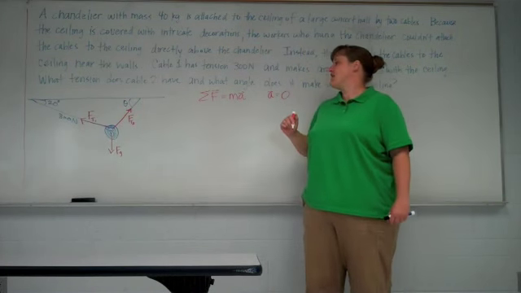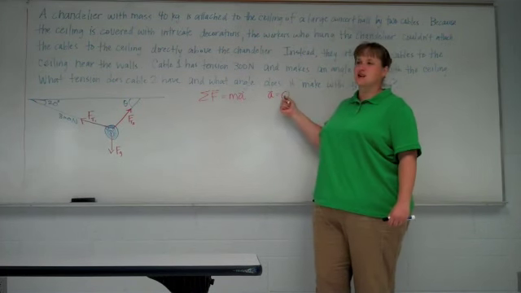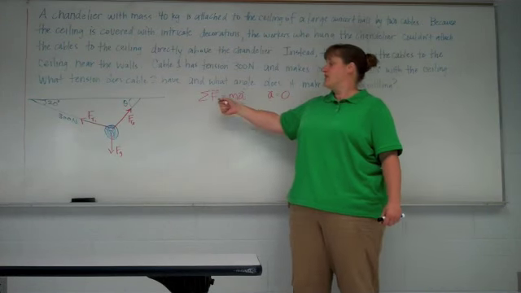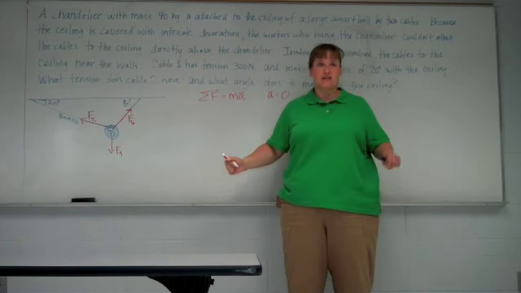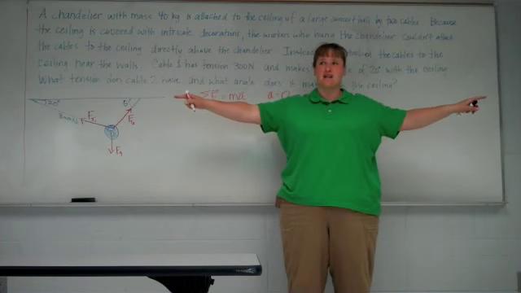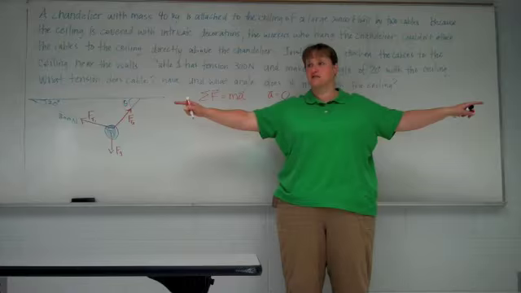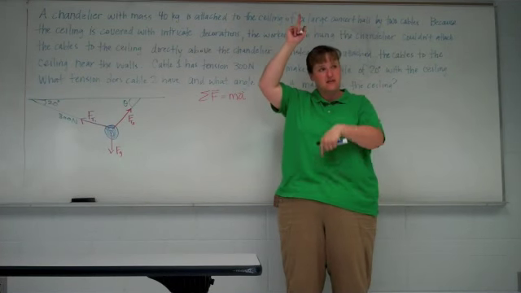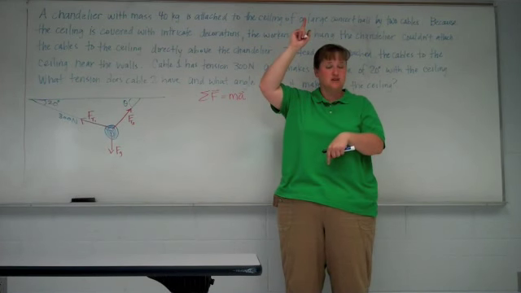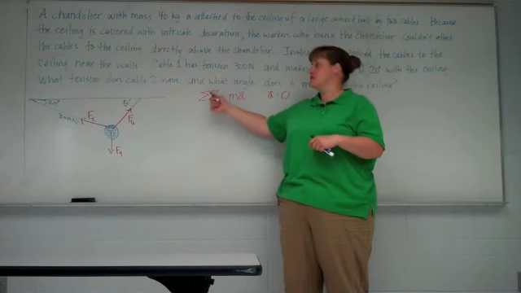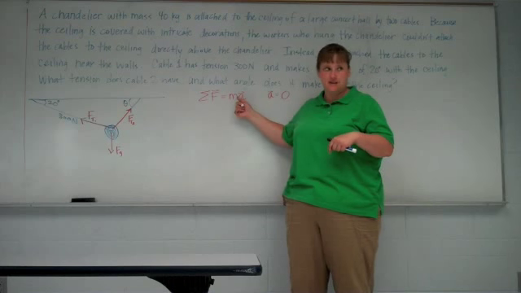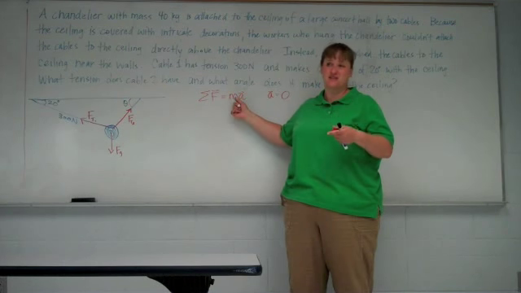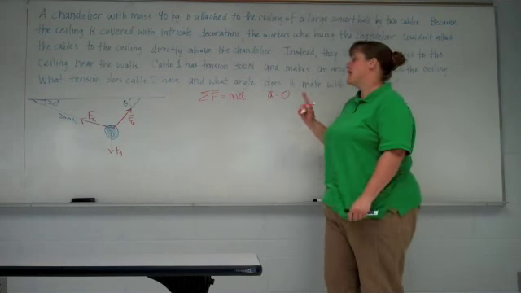What Newton's second law is telling us is since the acceleration needs to be 0, the net force acting on the chandelier must be 0. Whatever force is pulling to the right has to be balanced out by the same force pulling to the left. Whatever forces are pulling up have to balance out with the force pulling down. If they don't balance, if the net force is not 0, then there will be an acceleration. And that chandelier will start moving, which we don't want it to do. Now remember,